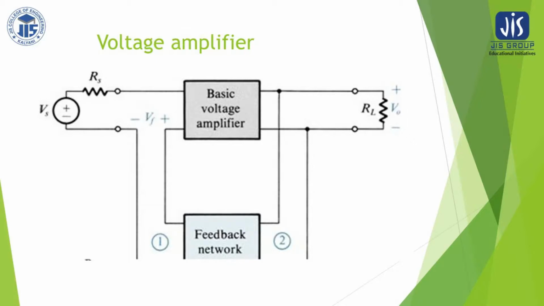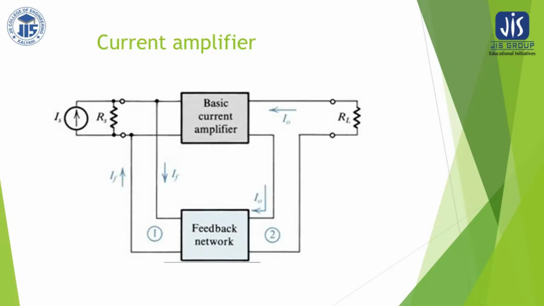So instead of rubbing out the whole thing, I am changing the source side, because now I am going to describe the current amplifier. So this is the Thevenin equivalent of the current source, where the current source is in parallel to the source resistance, and here it will be